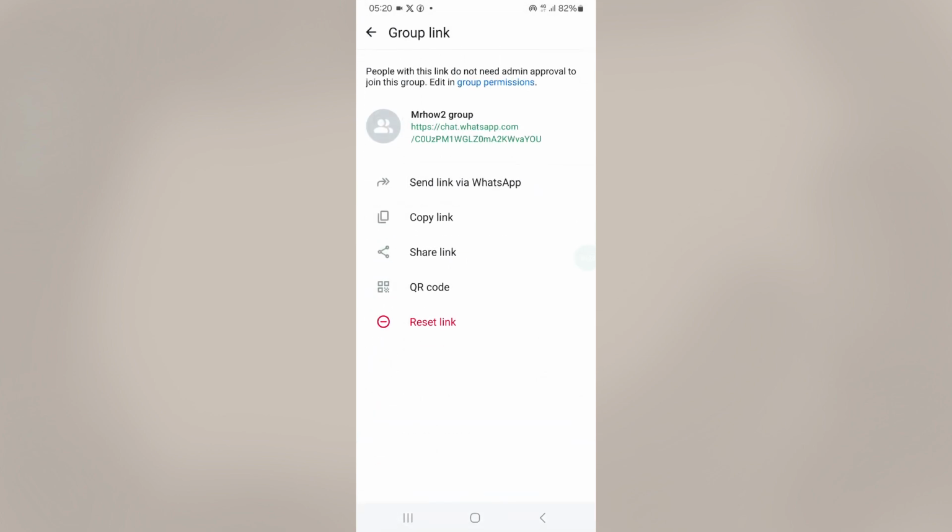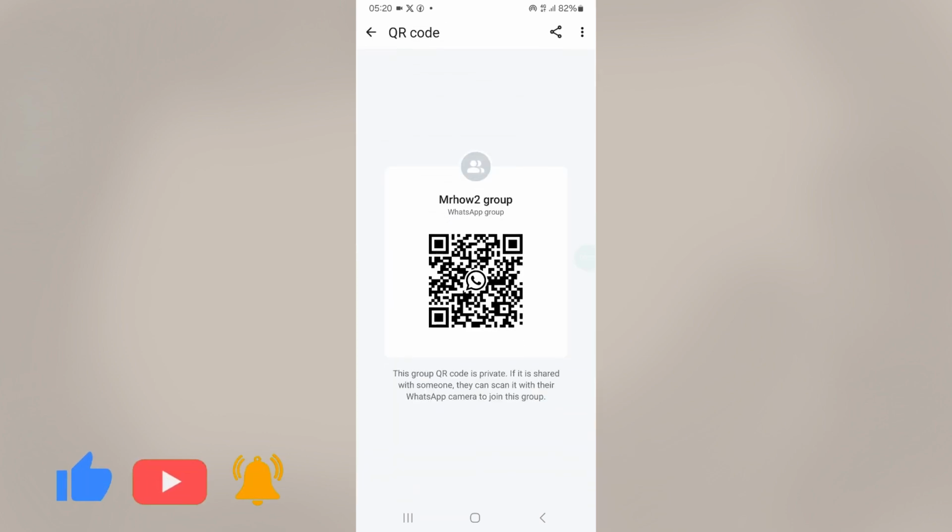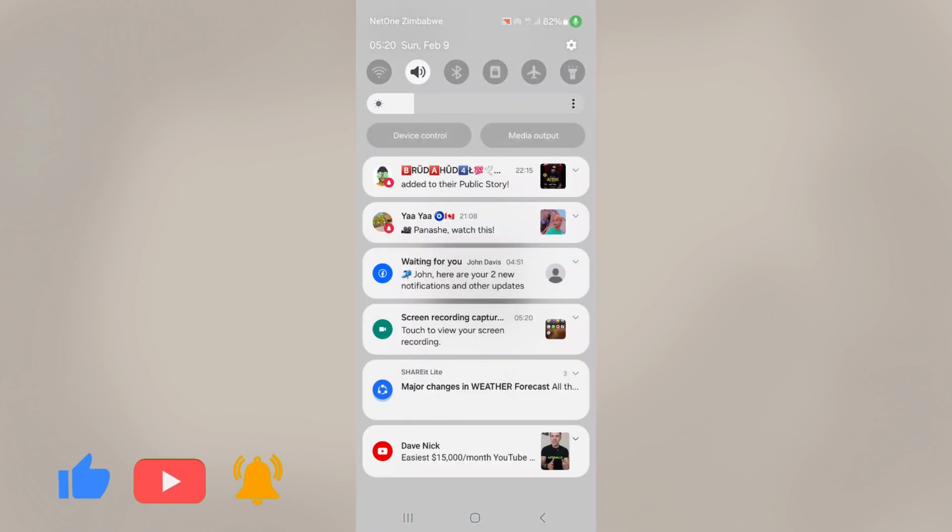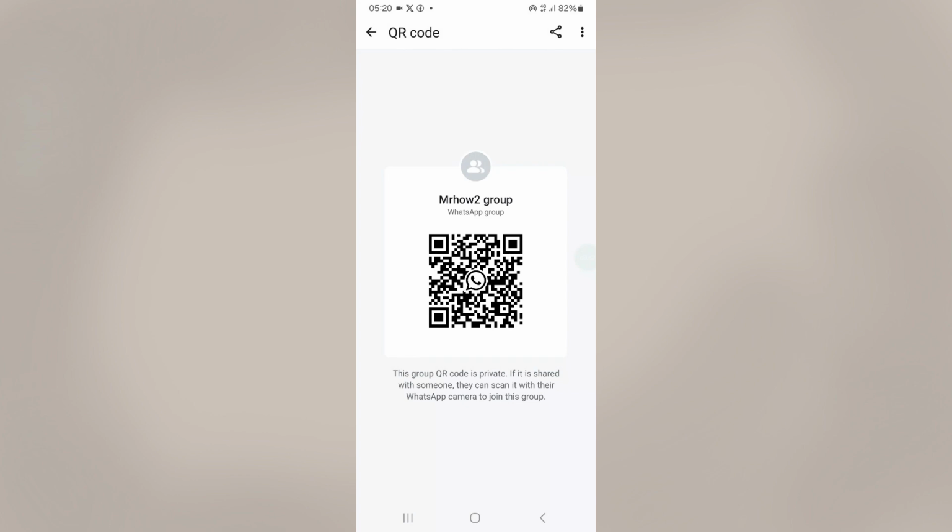And then you can easily click on the QR code option, and this should be your QR code for your WhatsApp group. So you can easily screenshot this QR code and save it to your gallery, or you can easily share this QR code